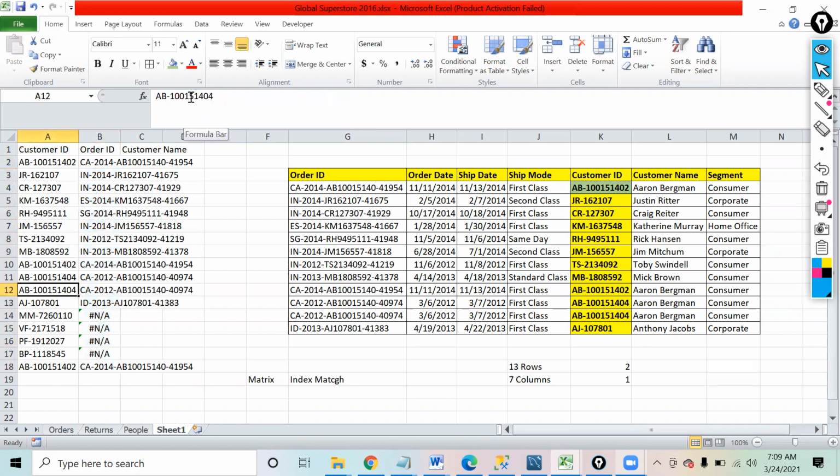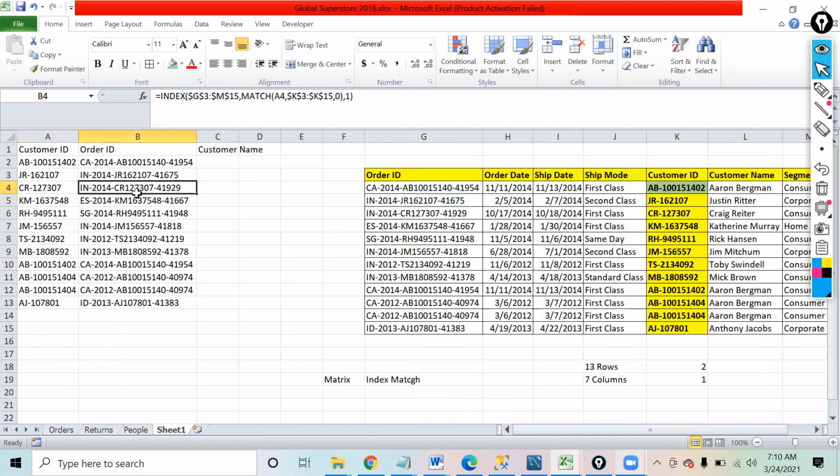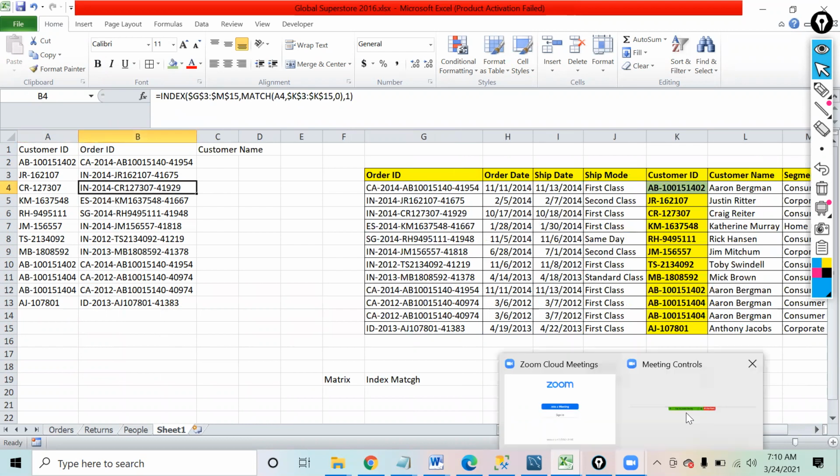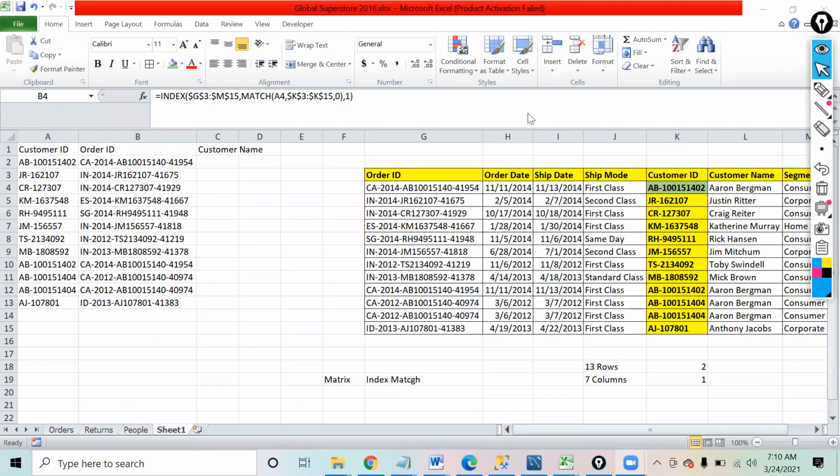Oh. These are not there in the range, so that is why these are not coming. Only up till here, because I've selected a smaller set of data and I give you more customer IDs over here, so that is why it is not coming. Is this making sense? How I achieved this? Okay.